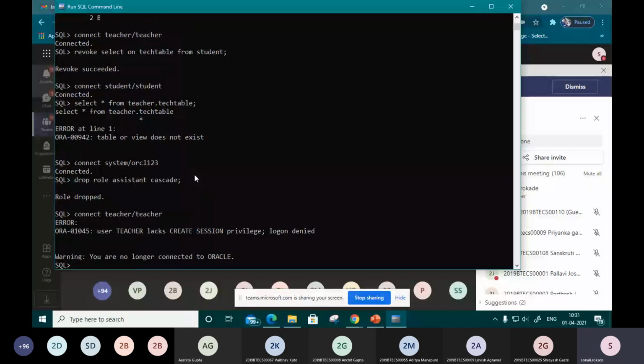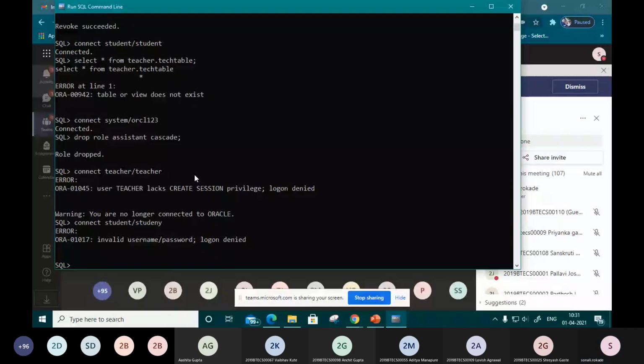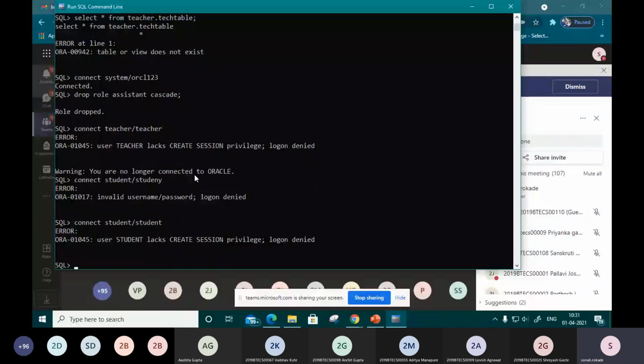It means no teacher, no student, or any user account is going to connect with this assistant role. Let's check student. No, we can't connect. So how to drop that role? For that purpose we have seen drop role assistant cascade.